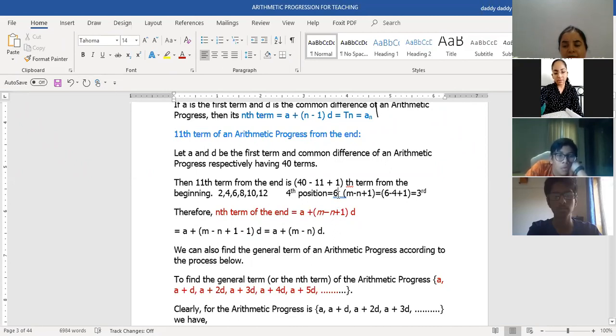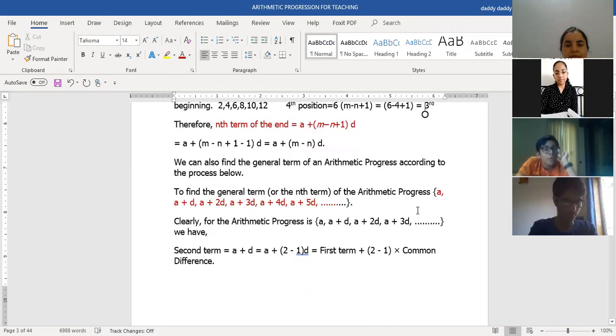So once we do the questions, that time you will understand, because I'm going to take the questions which will have from the end to find out the value of the 11th term or 15th term. So those questions we are going to do while we are doing our examples. So if I have to get the value of the second term, let's say, and in a series they've just given me that the first term of the series is A and the common difference is D, this is how we do.